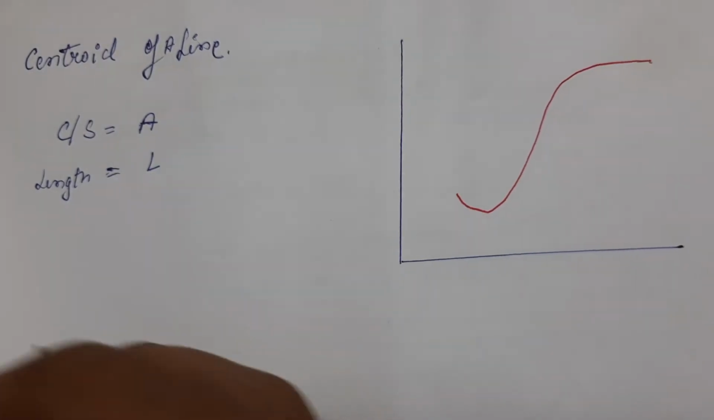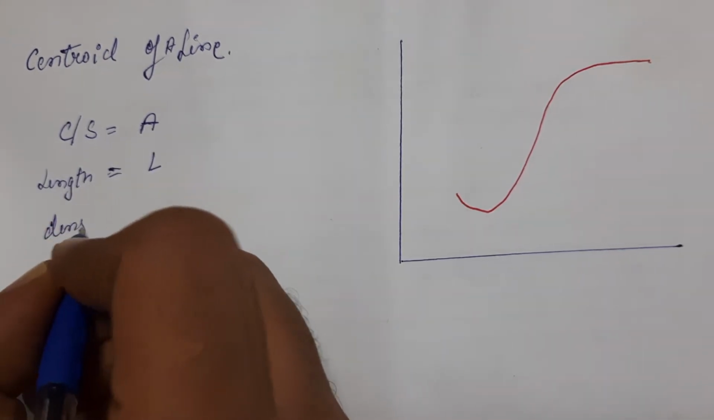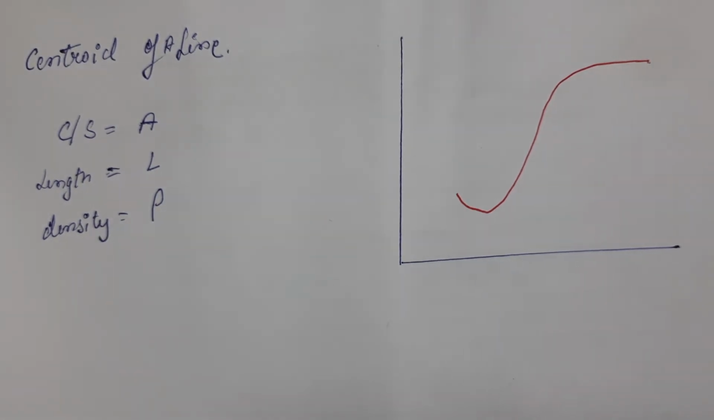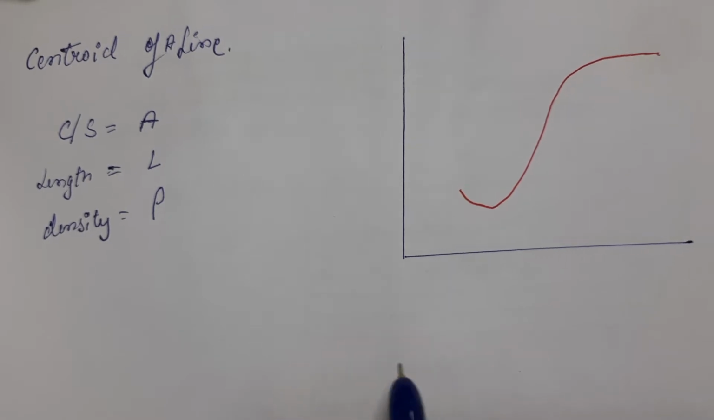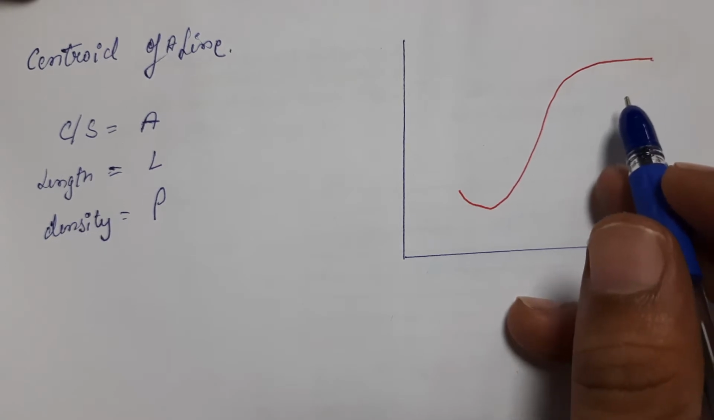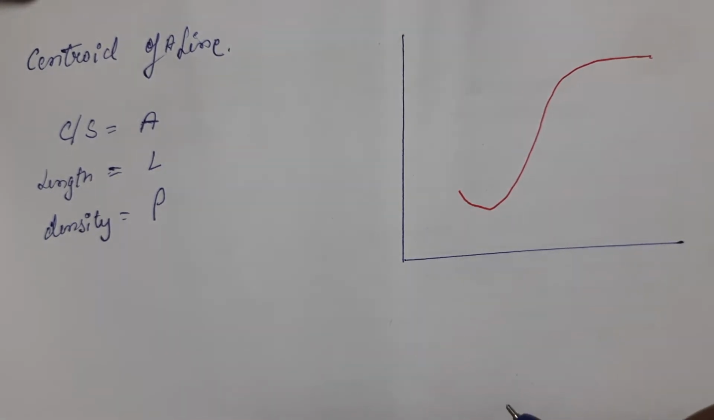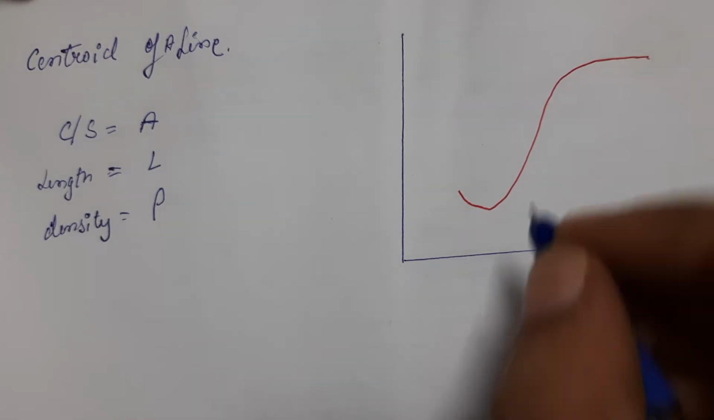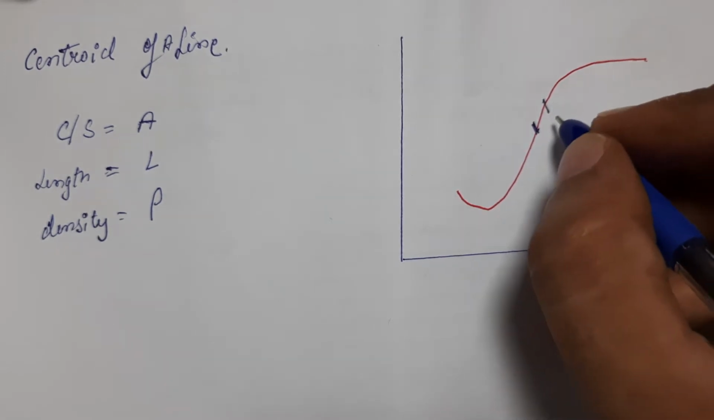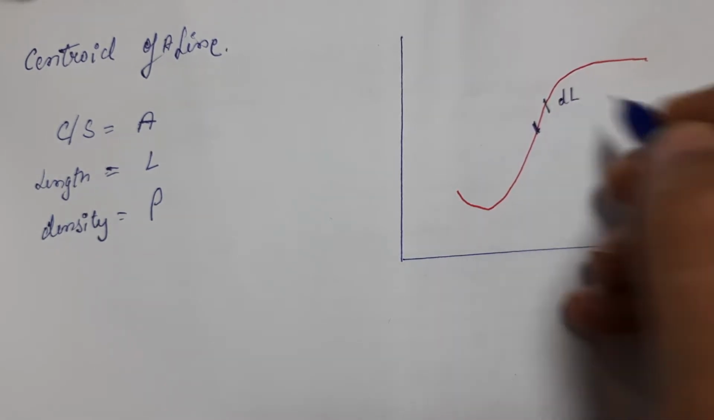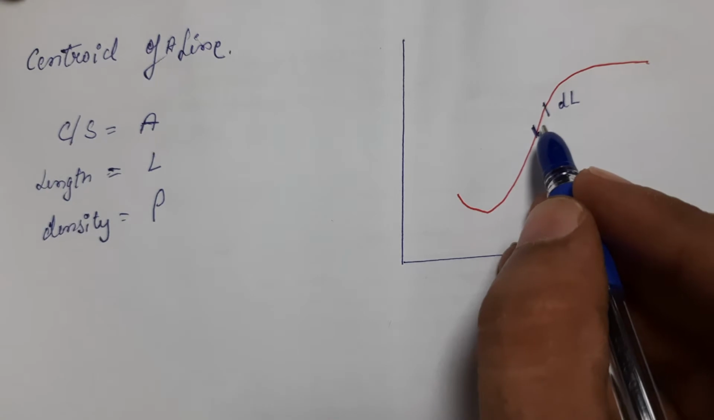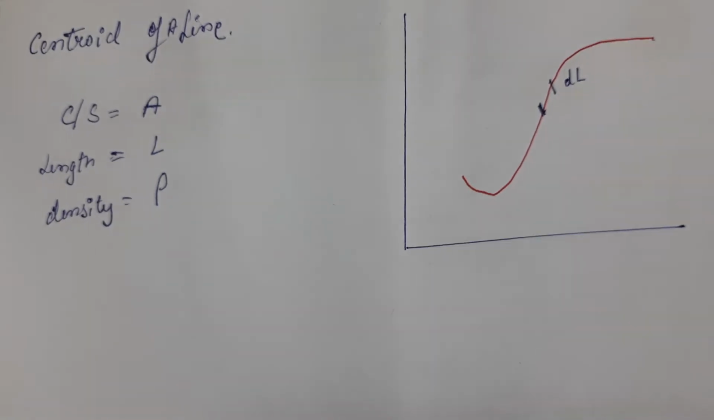Okay, and then the density, take it as rho here. So in this particular equation, to find out the centroid of the line, let us divide this particular wire into a small element. Then let us find out the weight of the element. So here imagine that we have divided this particular wire, and the length, let it be dl, the small length. Okay, now weight of this particular small region will be equal to